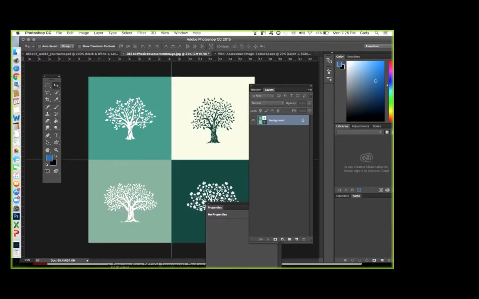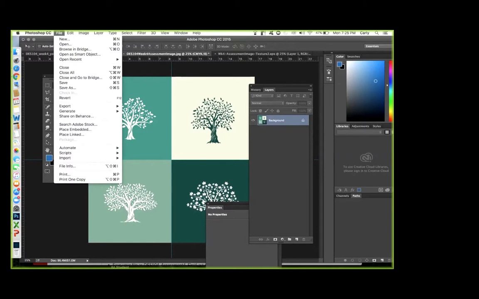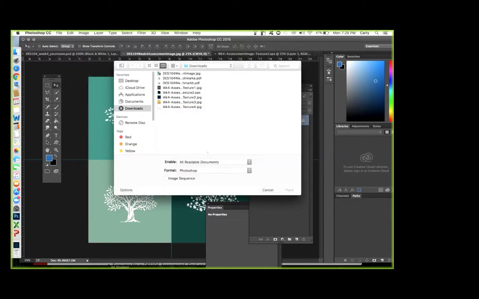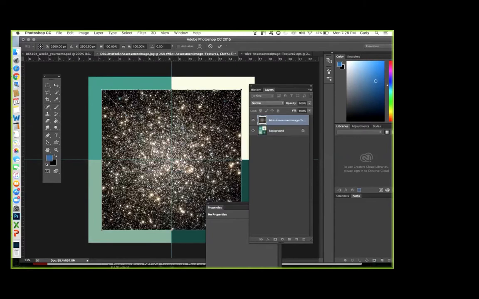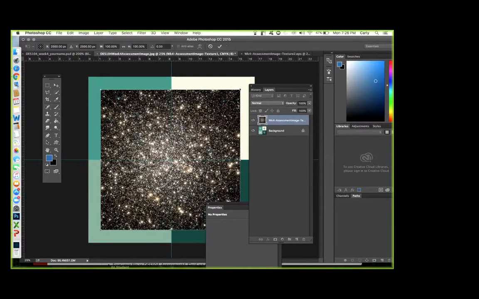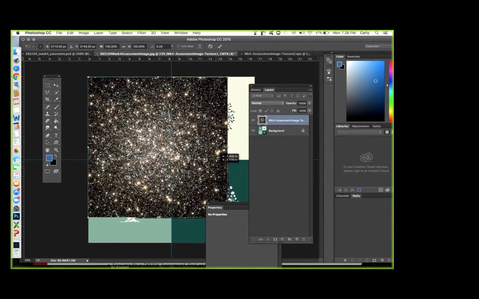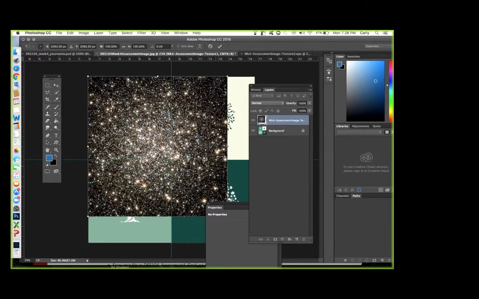Now we're ready to bring in these textures over our image. So I'm gonna go to File, Place Embedded, and I'll bring in these textures one at a time. First, the image 1 JPEG. I'm gonna click and drag this up to the top corner. Now I'm going to get rid of the properties window, hold down the shift button, and I'm gonna click and